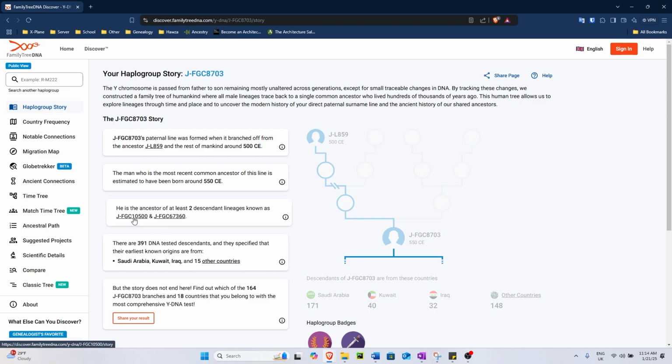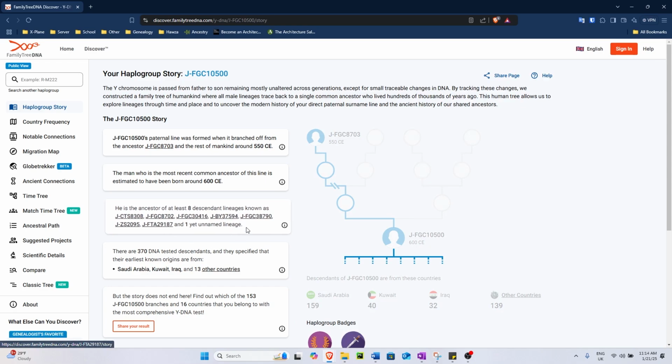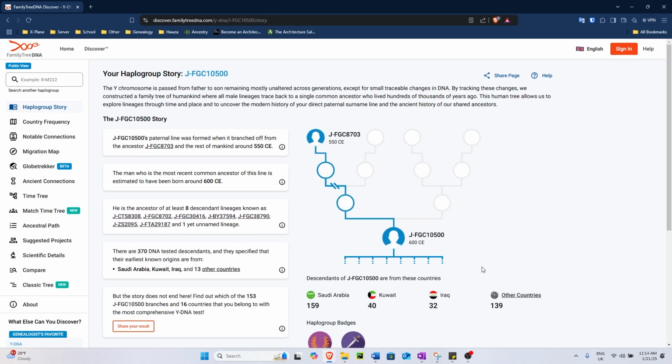Another one of the what seems like a major flaw of L859 is when we go to the mutation which belongs to Imam Ali alayhi salam. The TMRCA is exactly the year of birth of Imam Ali alayhi salam, 600 CE, but we find that there are 8 descendant lineages, when Imam Ali alayhi salam only had 5. So how can this be addressed?